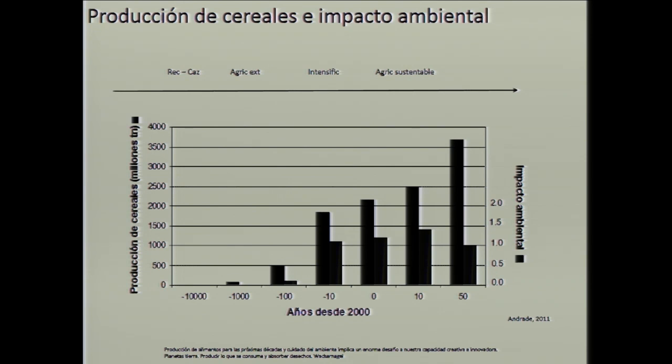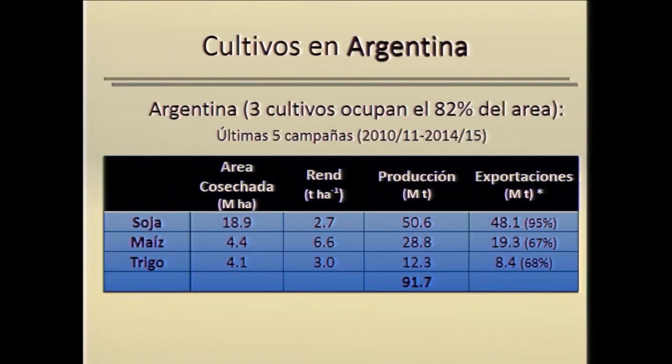In the black bars, you will see what increase is expected by 2050 in grain production. We do not only have to increase production, but we have to do it in a sustainable manner so we preserve the environment. In Argentina,